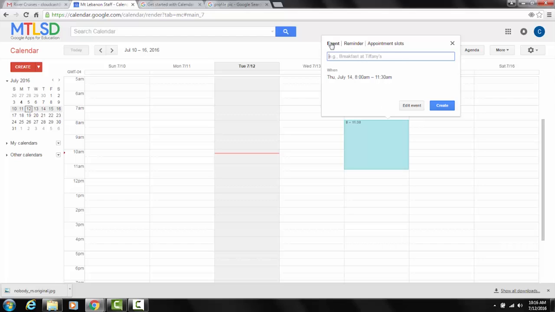I can choose whether I want this to be an actual event, if I want it to be a reminder, or these are what we call appointment slots. So, these can be used for teachers, during study halls, or maybe it's after school if they want to offer some extra lab help, okay? They can actually put these appointment slots out there. Those appointment slots will then be available to the students in that class, and the students can actually register for that. That's a little complicated, but I'm going to just start with an event, and we'll give it a name,